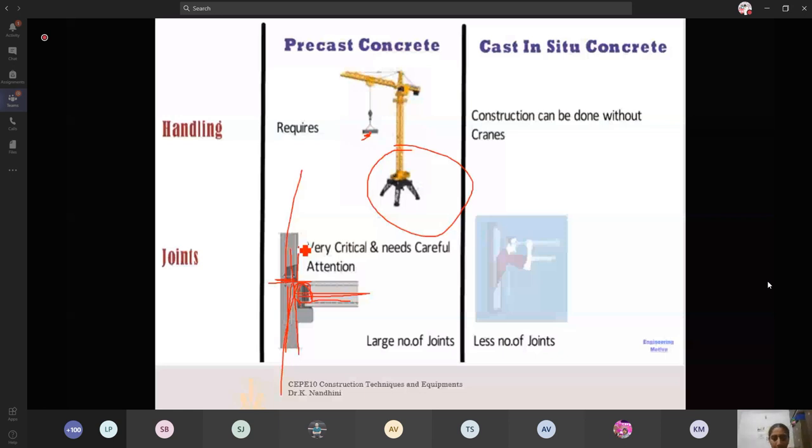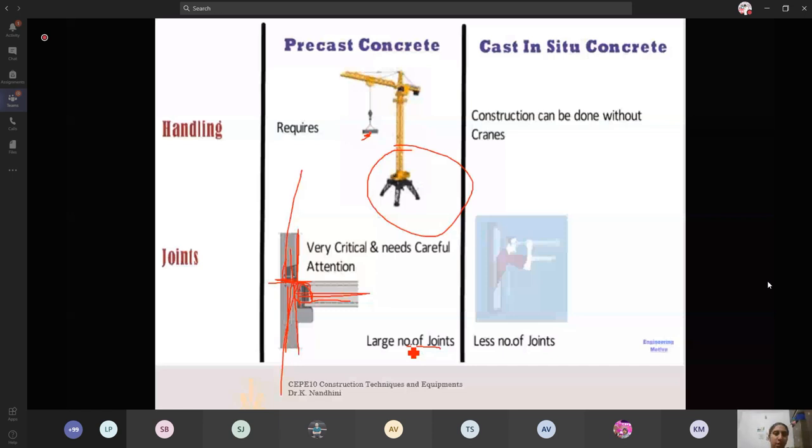A large number of joints exist in the case of precast. Just think, your foundation is done. Over that, you're going to place your column, so there is going to be a joint. And your column is done. Over that, you're going to place your slab, or first you'll go with your beam. There you'll be having some connections, from column to beam, and beam to slab. Again, you're going to have the entire stretch of connections. Over this column, you're going to place another column, so there you'll be having connections. So compared to conventional concrete, your precast structure will have a number of joints.